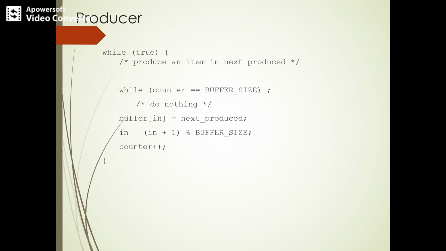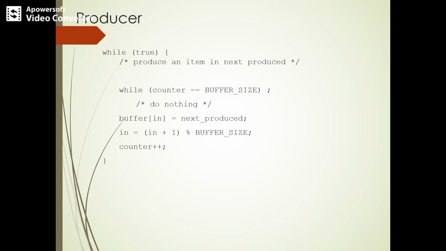So just observe this code. We know that an item is being produced and it is there in the nextProduced variable, and the item which is there in nextProduced is moved on to the buffer in the respective locations, starting from 0 and so on. And each time the index pointer is incremented so as to take the next item that is produced and store it in the buffer of the preferred size. So the array is implemented as a circular buffer.